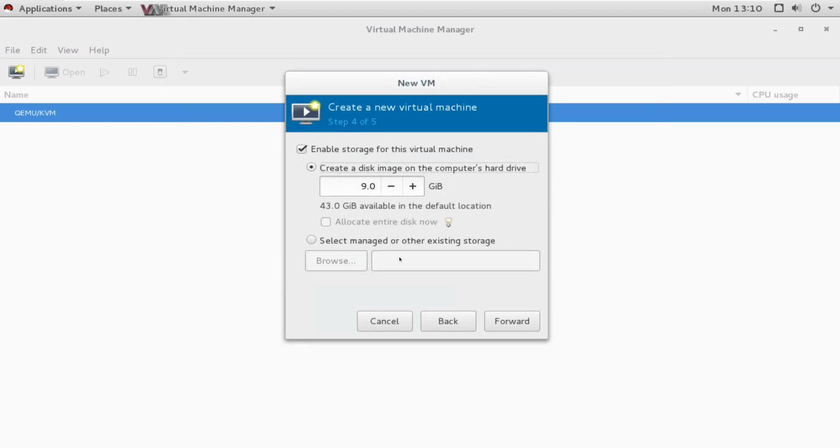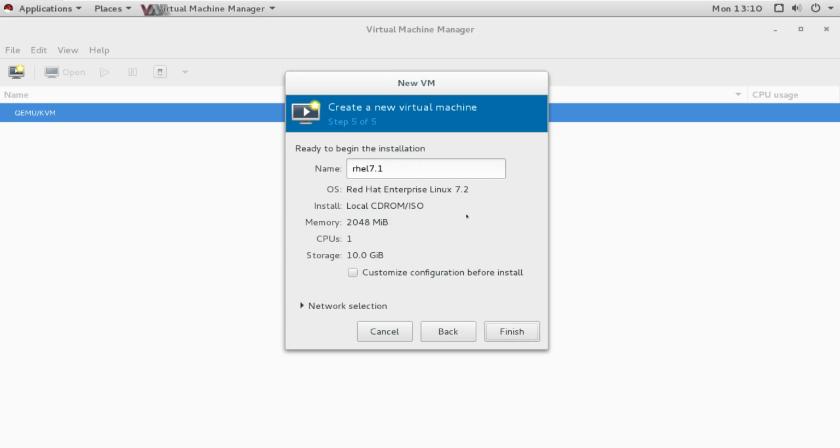So if you are working with virtualization and creating virtual machines, your var directory must have a big space, otherwise you will get stuck. Or we should create a separate partition for var. Now what next? 9 GB is enough, or even I go for 10, and I'll go forward.